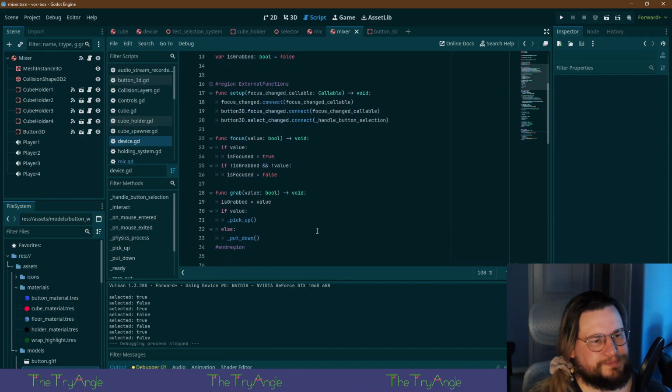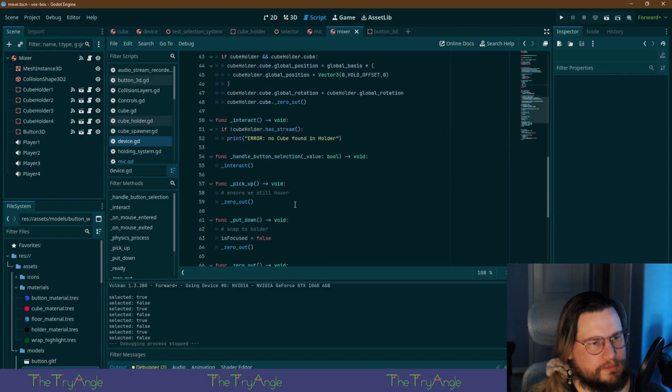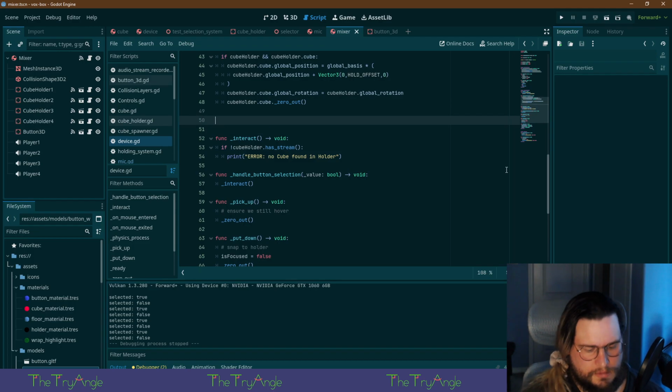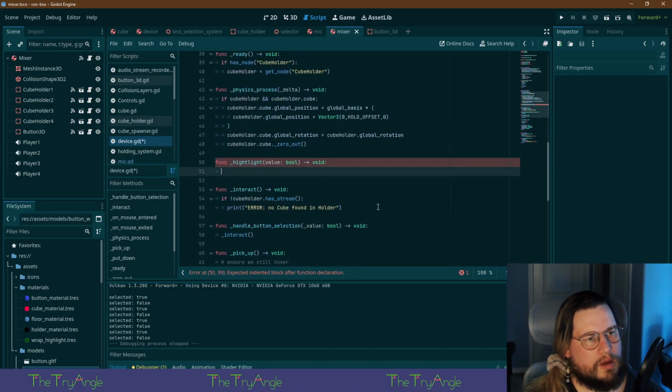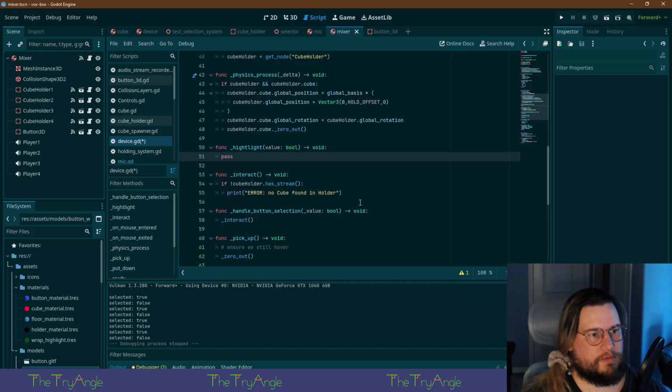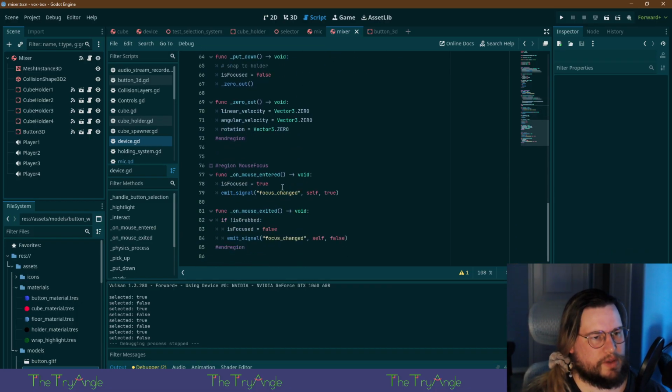You know what we should do? We'll have an internal function. We'll pass a Boolean. And for the main one, we won't do anything.